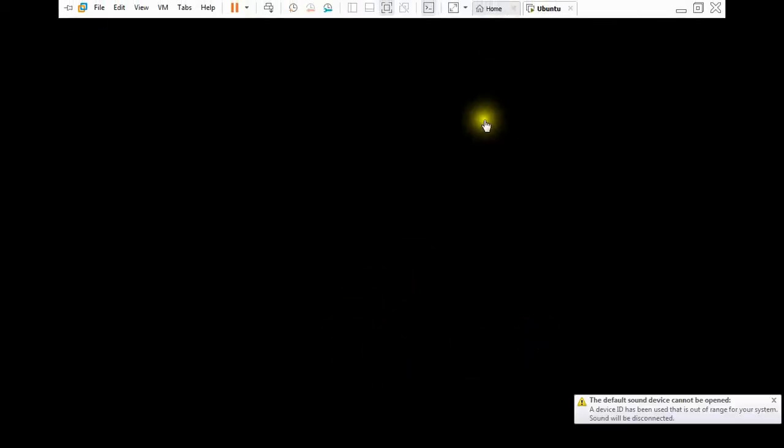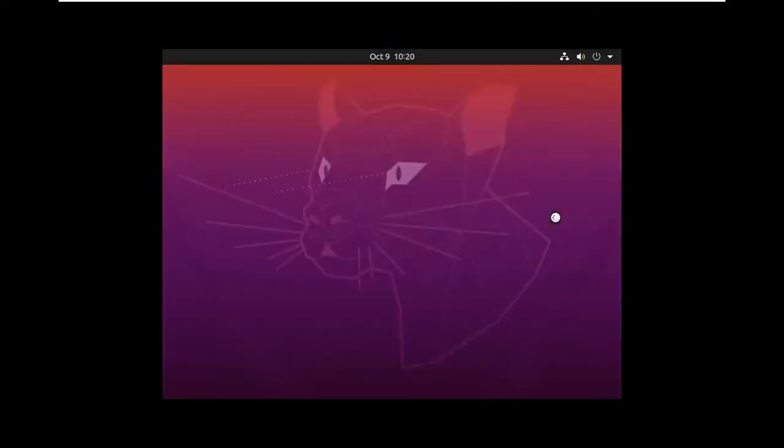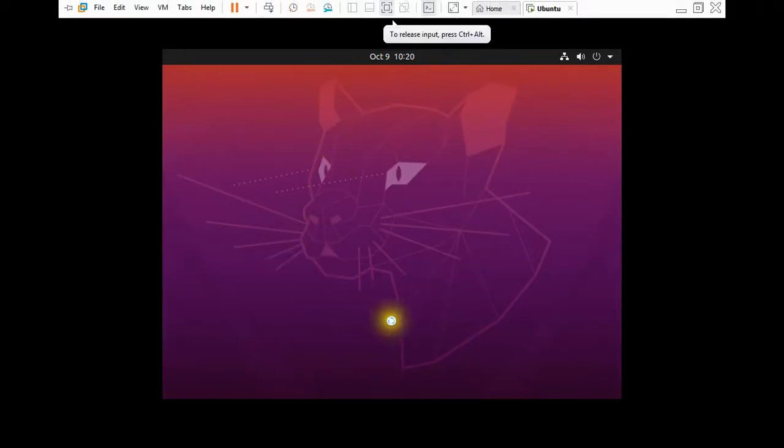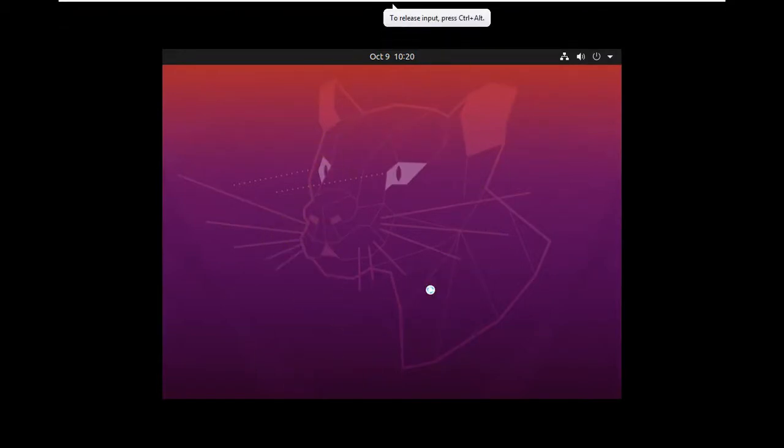This is what I was telling you. If you install an older version like 11.04, that operating system will not take this much time, and this is taking a little bit more time, even though we have given 12 GB RAM. So that is the functionality of the operating system. We cannot do much about it.